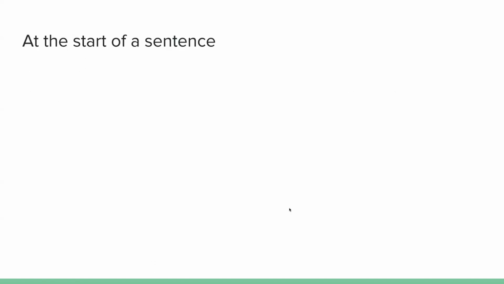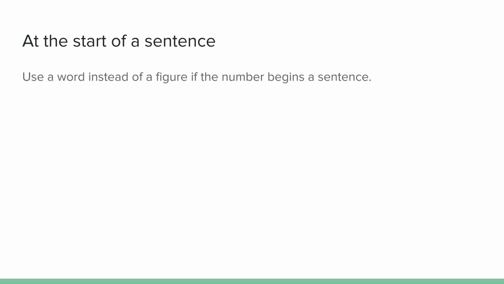4,500,000. Okay, at the start of a sentence, this is a special rule that I find kind of weird, but this is still the style book guidance. If you begin a sentence with a number, you're supposed to write it out as a word instead of using a figure. Okay. Following this rule can lead to some clunky usage. And so usually the best thing to do is to rewrite the sentence so that you don't have to start with a number. So it would be incorrect according to AP style to write this: 37 people were trapped by